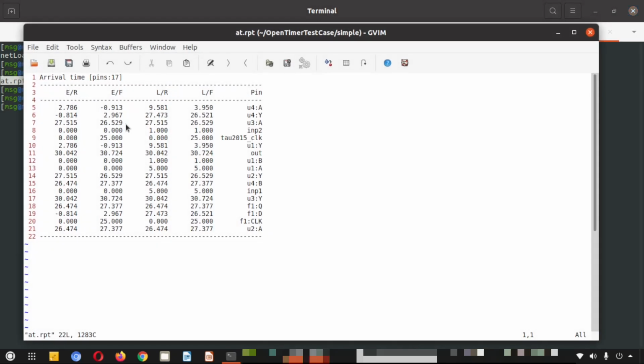This is for AT, that is arrival time. We have mean plus rise, mean plus fall, max plus rise and max plus fall. And here you can see all the pins. So when you keep one particular analysis constant and you traverse along the pins, you can also get the data from here, the overall reporting. It's up to you how you proceed, how you like to traverse. You can dump the report and then by hand calculation you can traverse inside the timing path. The way is open to you. You can pick any method.